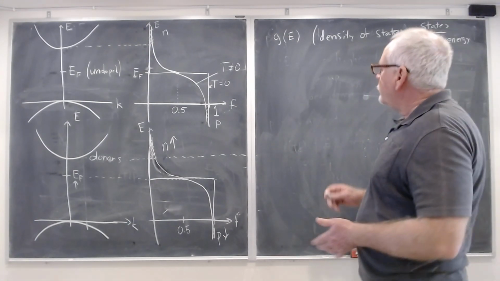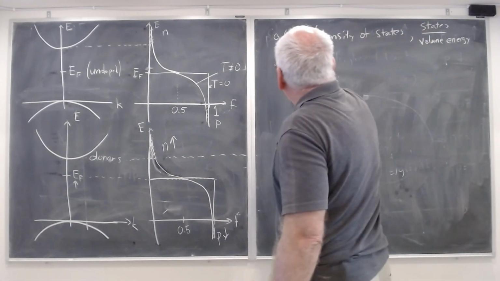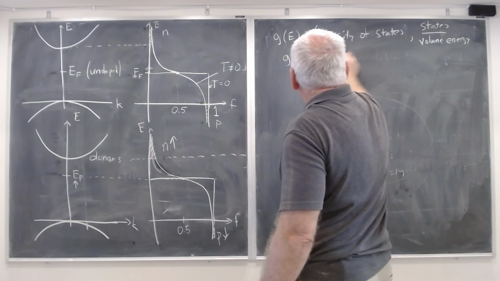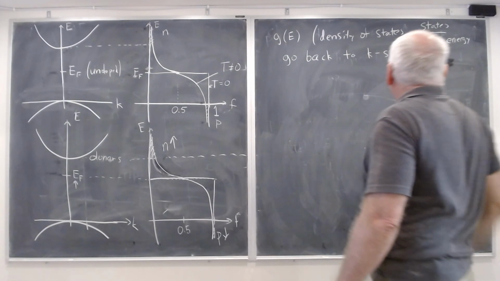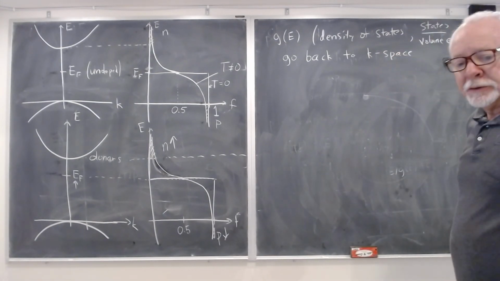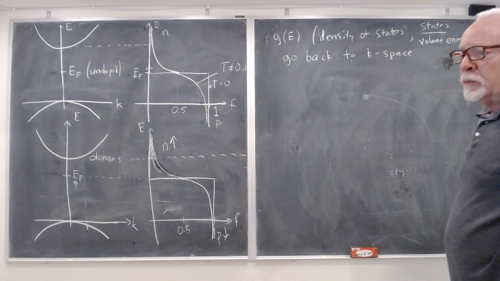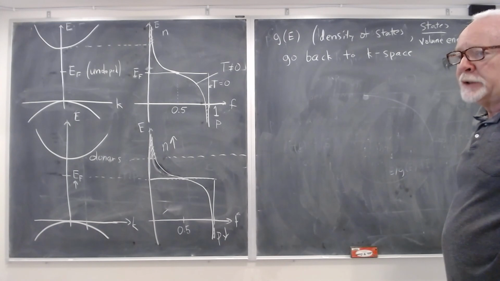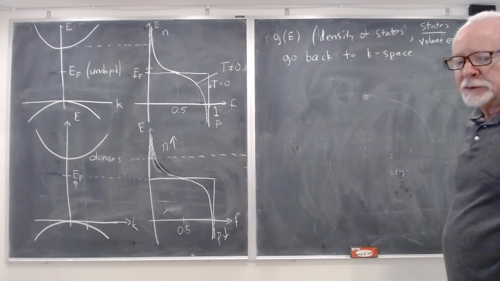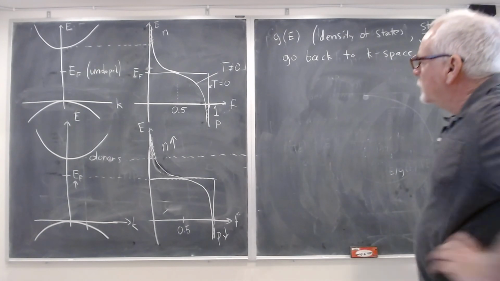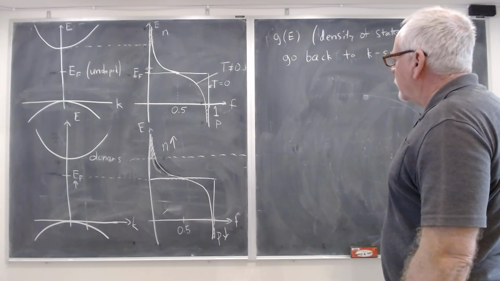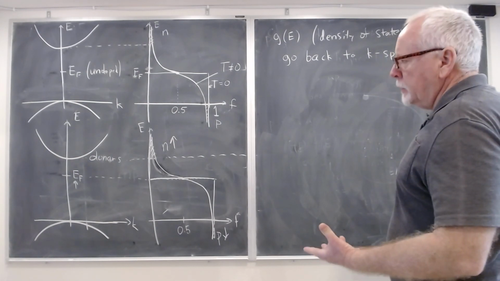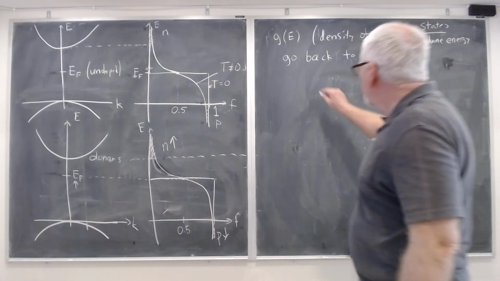So, for that, go back to K-space. I told you it was going to come in handy, and now's when it does. And it does because the fact that K is spaced evenly, that states are spaced evenly in K-space, means that we can determine what G is. Now, what I'm going to do first there is just show K-space as some arbitrary